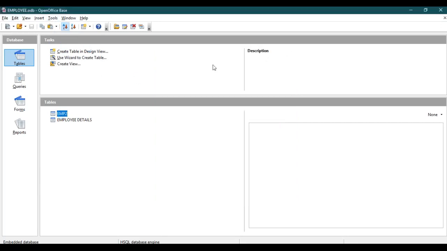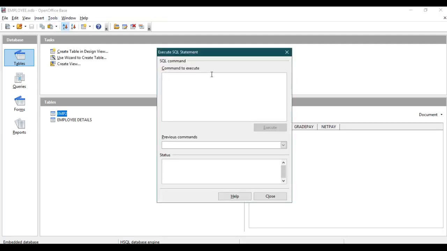For that I want to see the table fields now. So choose a table, then go to the right side of the table area, then click document. So you can see the field names here, then go to tools, SQL, then write the query as insert into table name emp2.